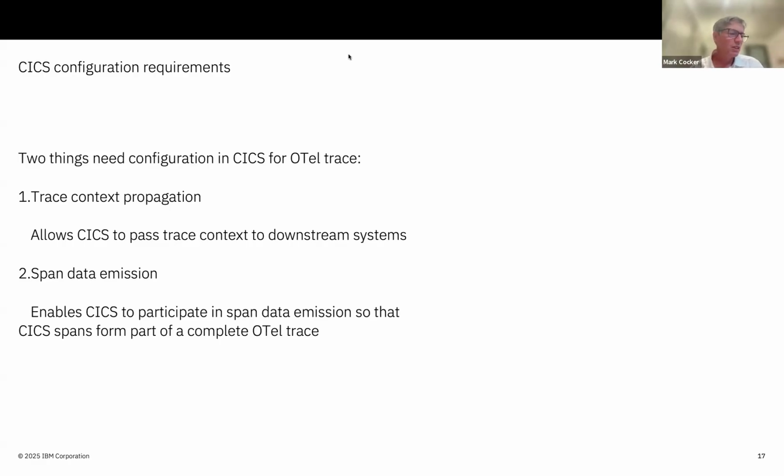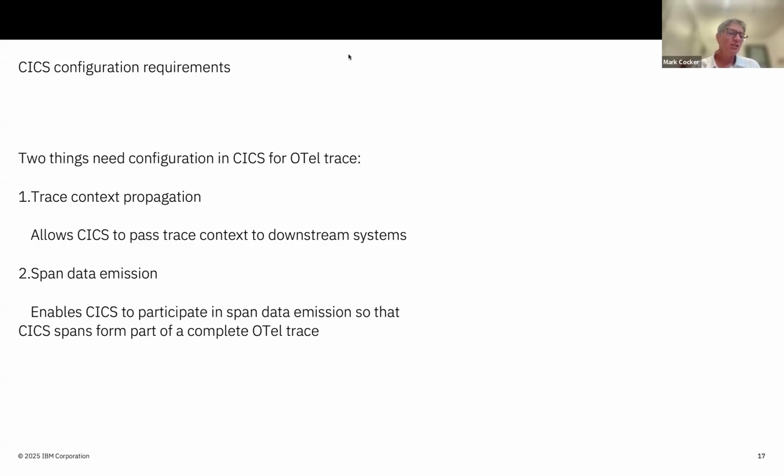So an example is if you've got an environment like, for example, function shipping. So you've got a CICS region that's accepting function shipping commands. You may decide that it's not worth providing OTel information about workload in that address space, because that never goes wrong, and it's a level of detail you do not need to actually diagnose CICS problems.